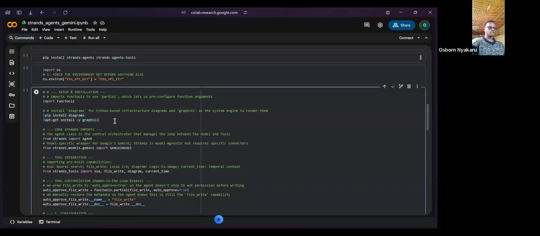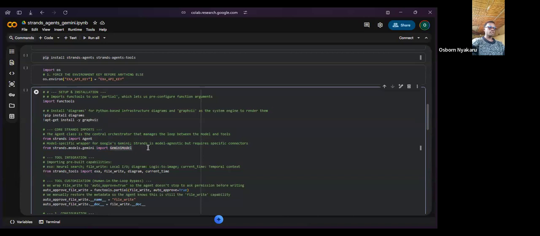For this specific one, that's why I had to do this, which is not entirely required for any Strands agent. But for this particular one, that's what I was supposed to do. Then we have the basics, as I described earlier: importing Agent from Strands, then the Gemini model specifically from strands.model.gemini.